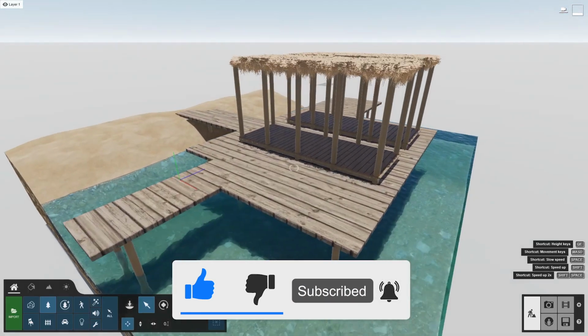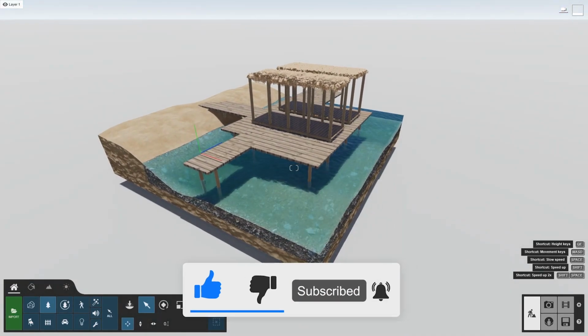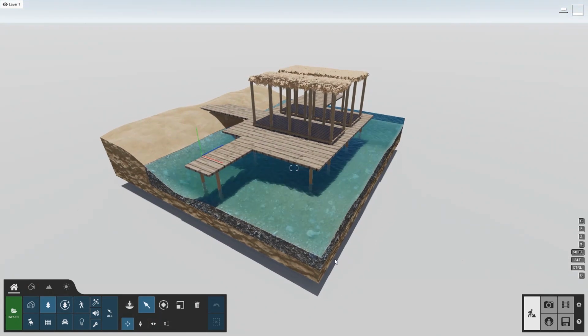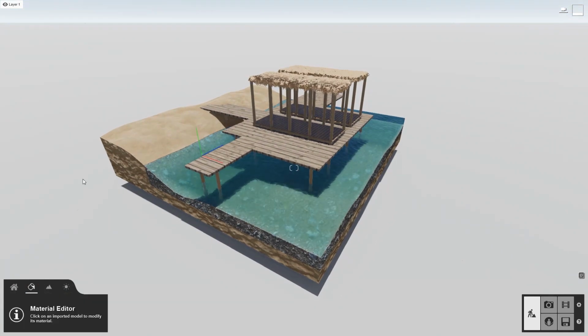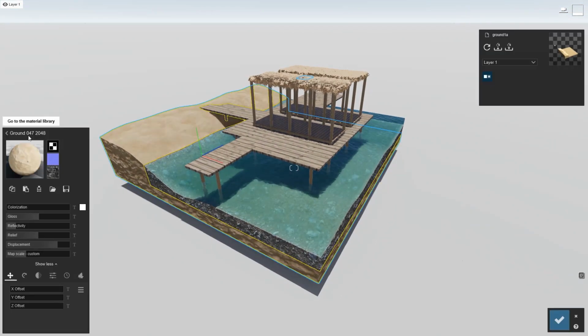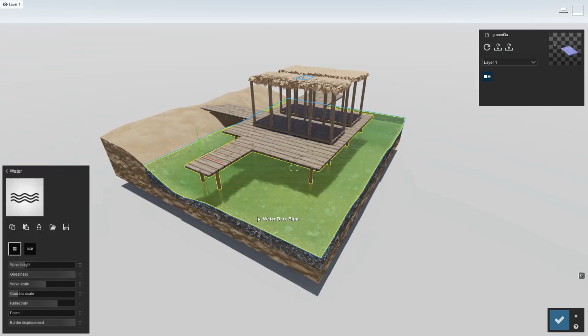So this is how my model looks with all the texture that I applied. Let's start with the ground one with the sand. This is ground 047 with the following settings. The next ground is ground 041. The water, I added some wave height,